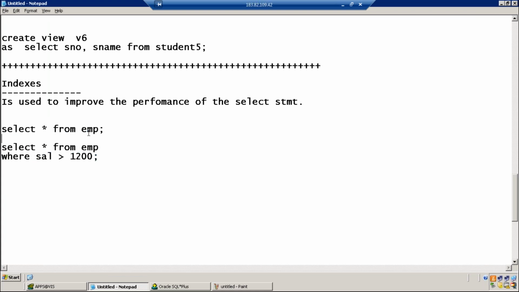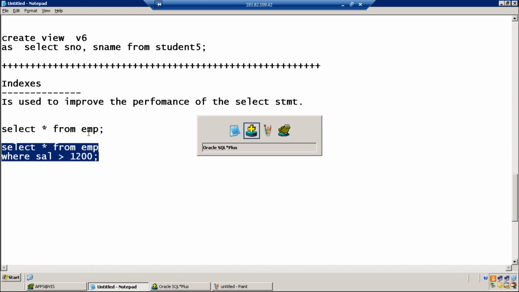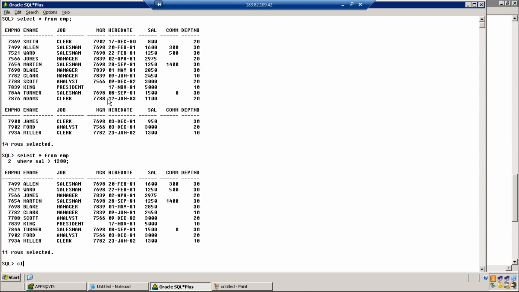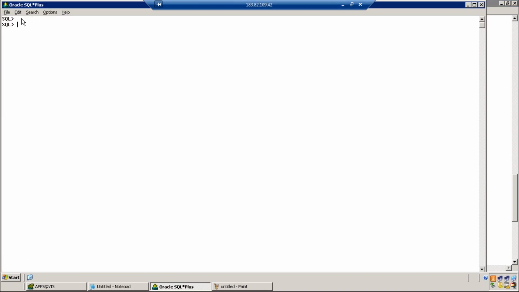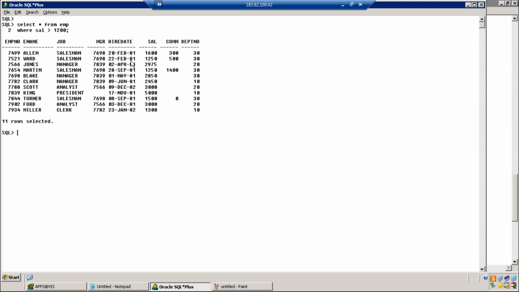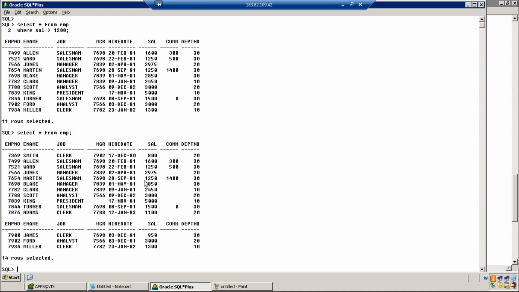But if you look at the second query, I said it will run slow, but practically look at the time taken to run it. It's fast, isn't it? The moment you press enter, the query runs fast, because there are only 14 records. If there are 14 million records, it needs to perform 14 million comparisons.